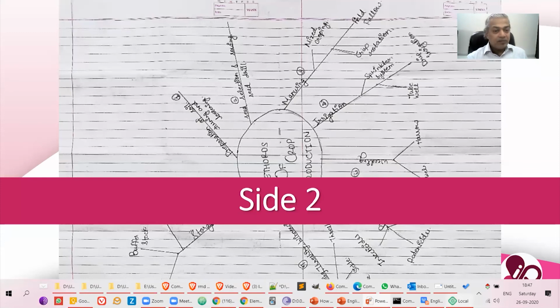Yeah, and I can easily claim that even if you're not interested in a particular subject or chapter, if you do mnemonics and mind maps and do this kind of pictorial charts, you can easily score anywhere from 50 to 60%. Okay, and this is when you are not interested, you don't like the topics. But if you like the topics, if you are already good in studies, you can easily score more than 80, 90% just by doing this.